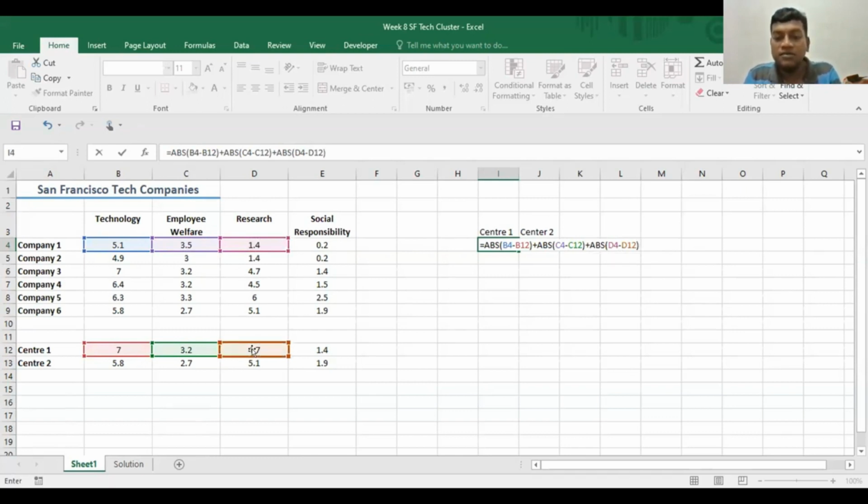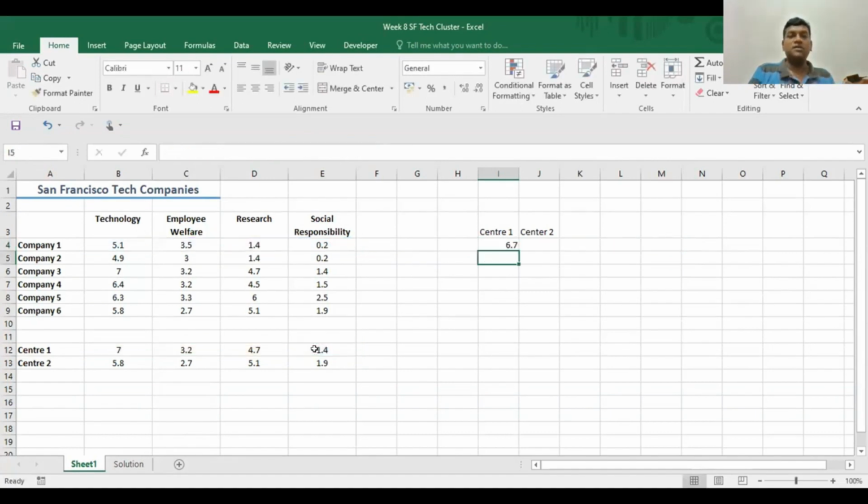Okay, and plus absolute value of this value minus this value. There you go. So this gives me the distance between the first arbitrary center that we have and the company